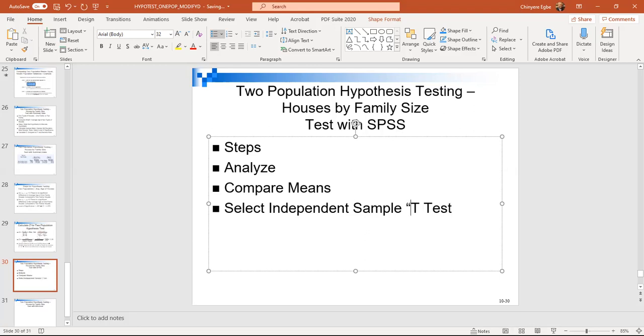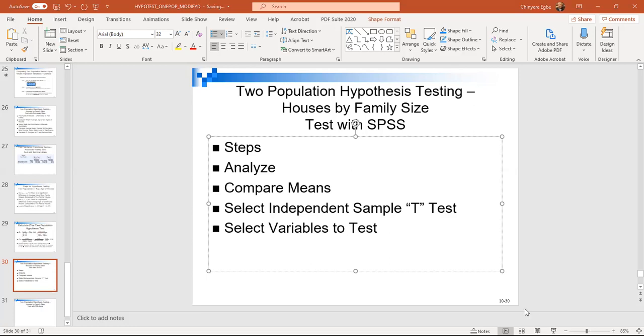That's what you select. Then you select your variables. Select variables to test. Once you select the variables to test,